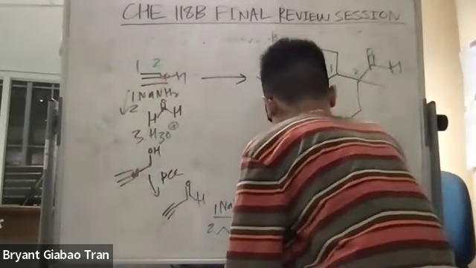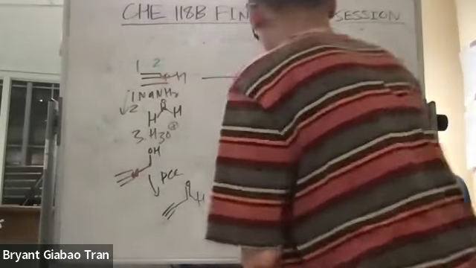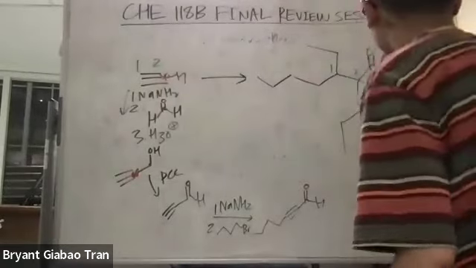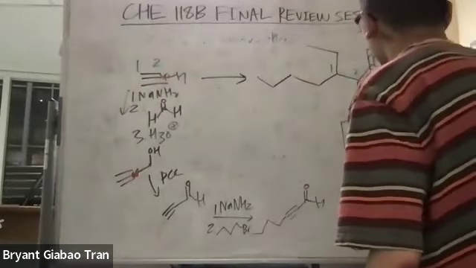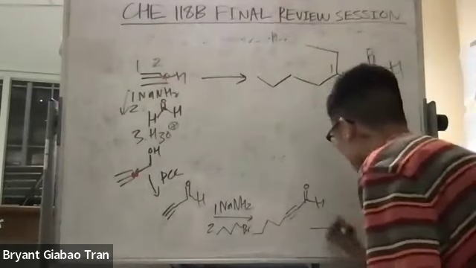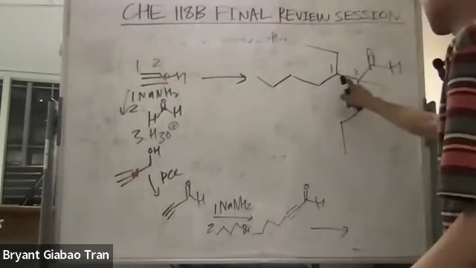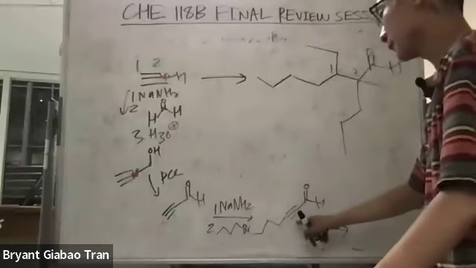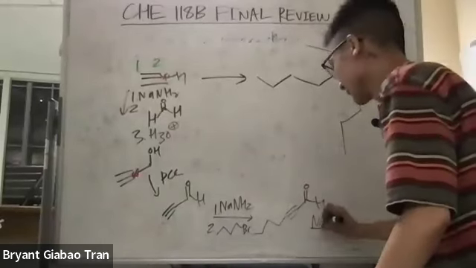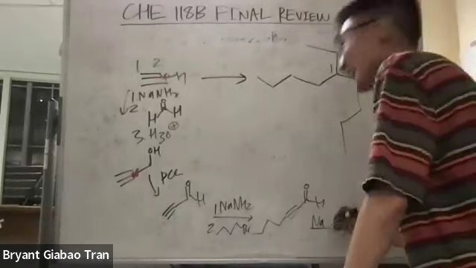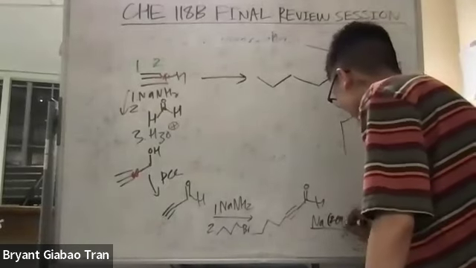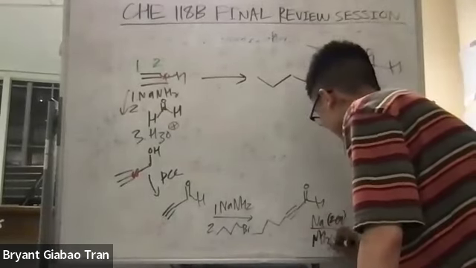Aldehyde. 1, 2, 3, 4. I see it now. Now we could do, I want the, it doesn't matter. If you do Lindlar, that would be cis. I'm gonna use the sodium one, so then it looks nicer here. 2 EQ, NH3 liquid,